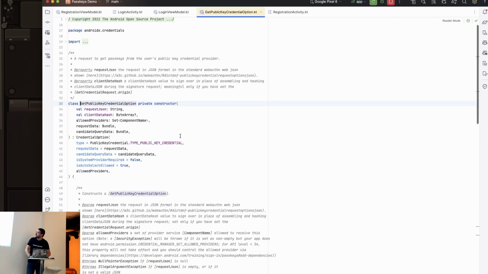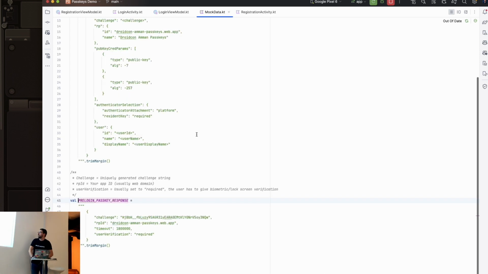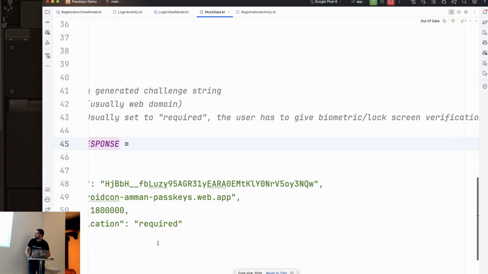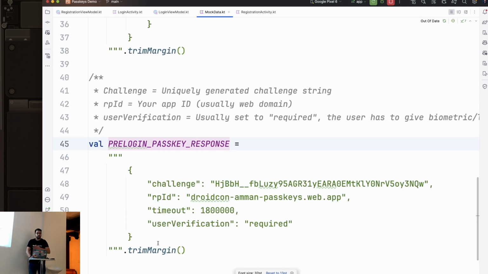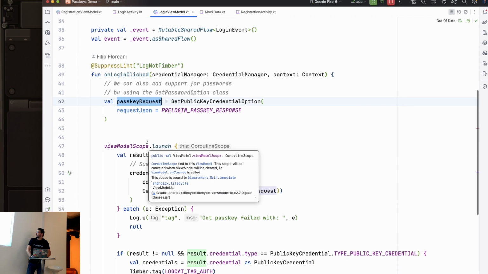This is within the credential manager, and we give it some kind of a JSON that's specified with the standard. This is just a mock, so that I don't have to have an API. So this is a JSON that matches the standard. We use that, and this generates some kind of a passkey request.